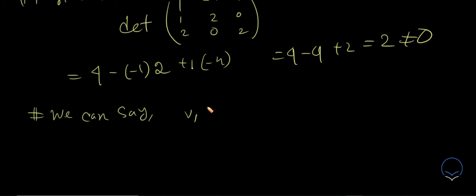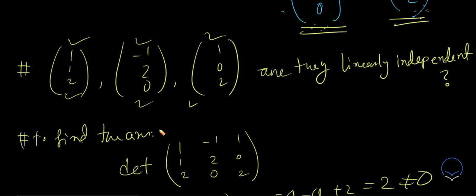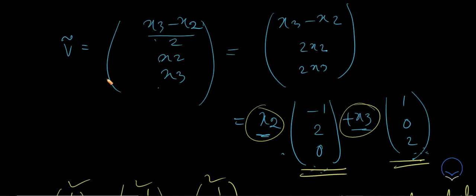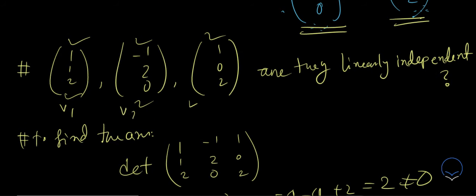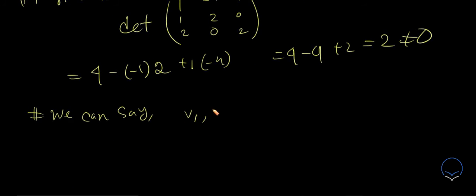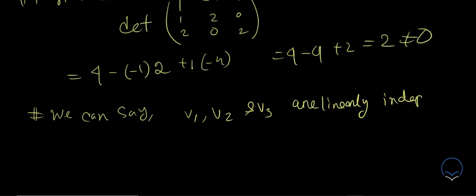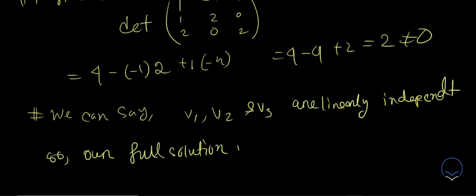this v1 that we wrote, that we denoted v tilde, came in the combination of these two vectors, and let's call one of them v2 and another one v3. We can say that v1, v2 and v3 are linearly independent. So our full solution will be